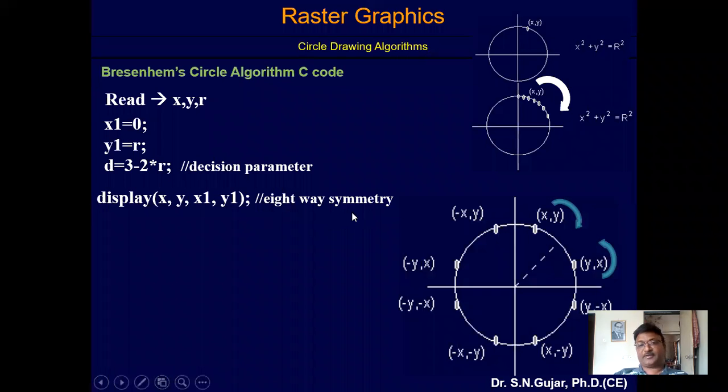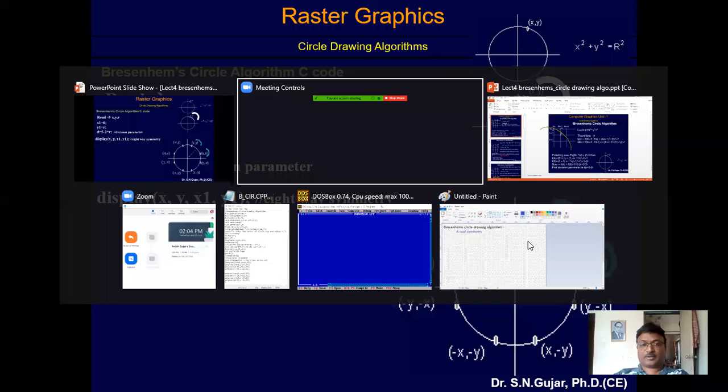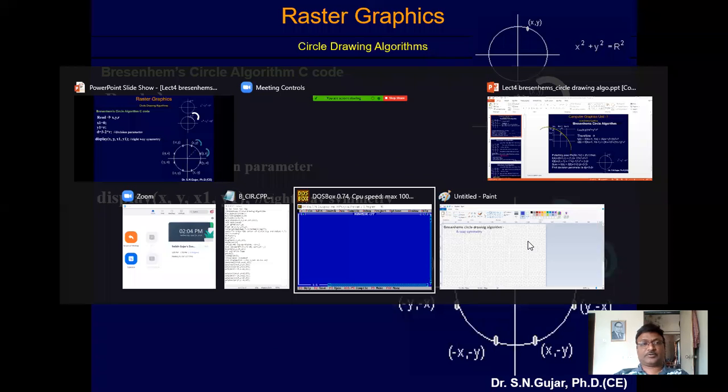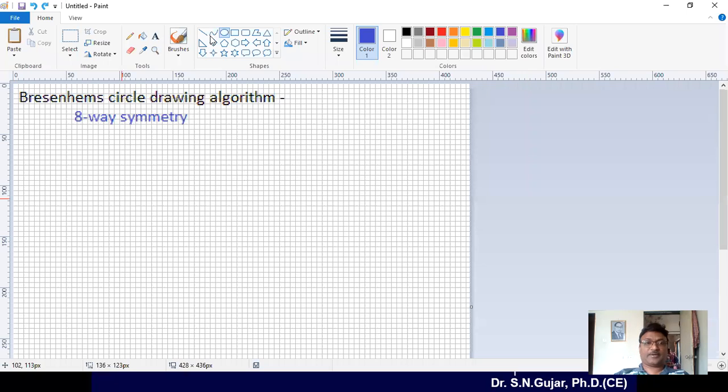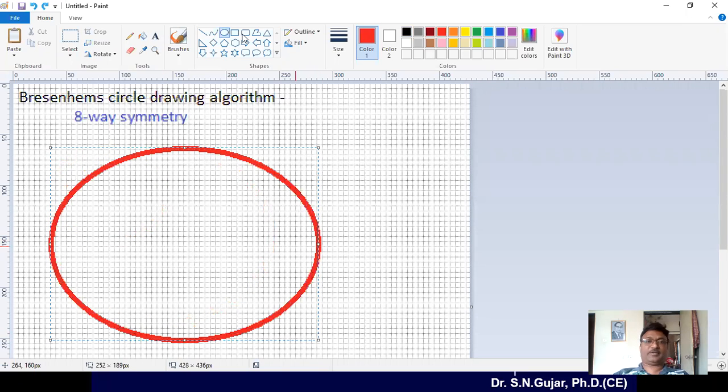So what is this 8-way symmetry? The 8-way symmetry I have already told you divides your circle into 4 quadrants, then divides them by the diagonal, and you have to solve each part. Suppose I explain the 8-way symmetry in a paintbrush. So see, for the Bresenham circle drawing 8-way symmetry, suppose I have considered this is my circle, in the red color. So this is my circle, correct? How are we going to define the 8-way symmetry? You have to divide the circle first into